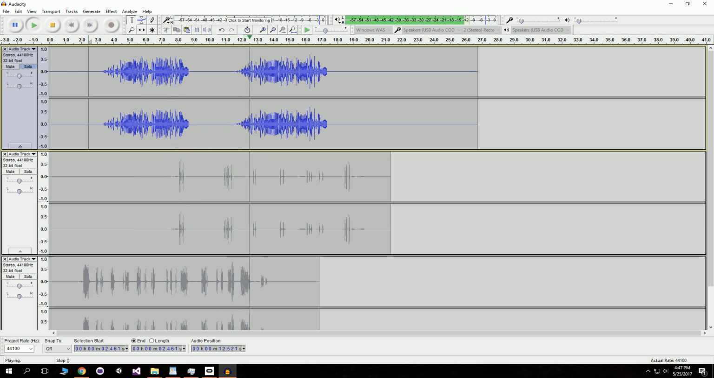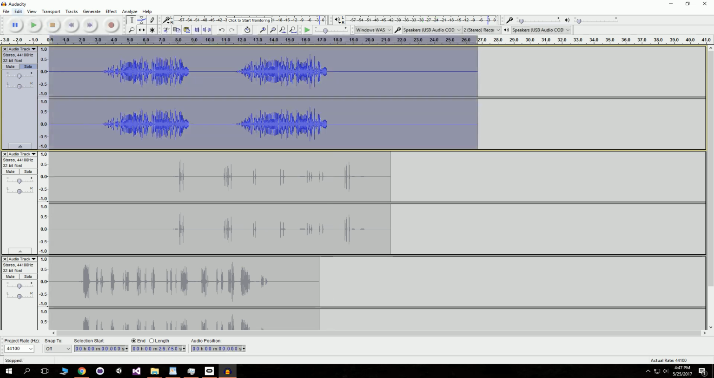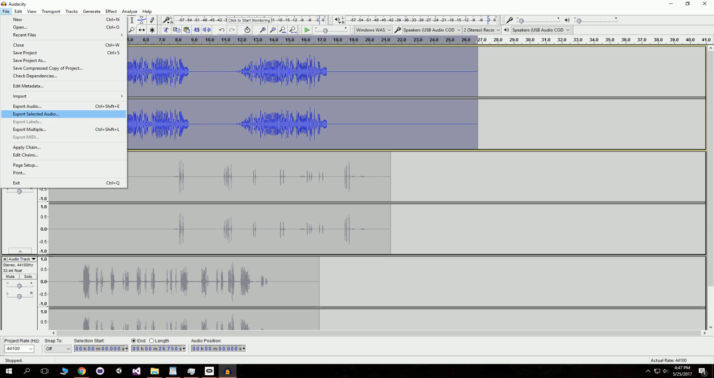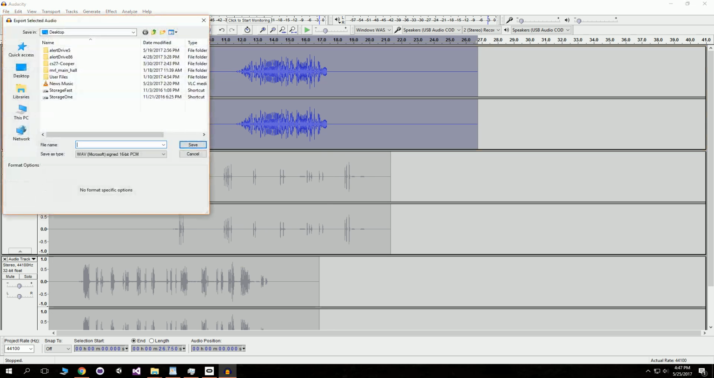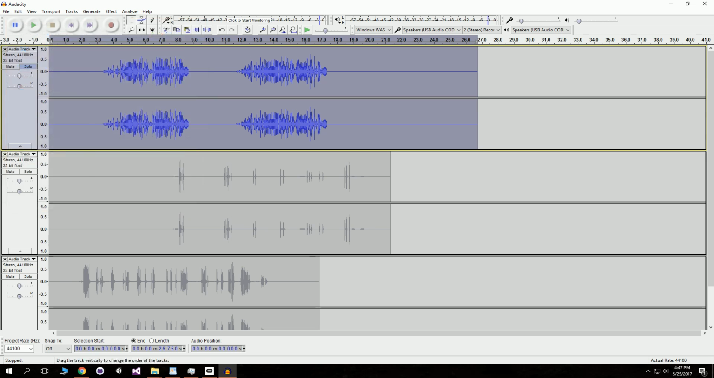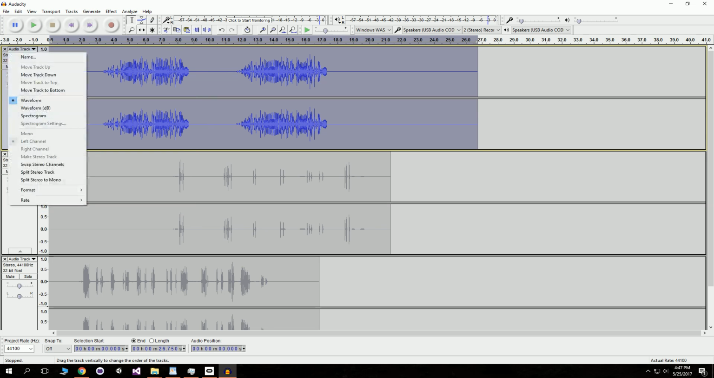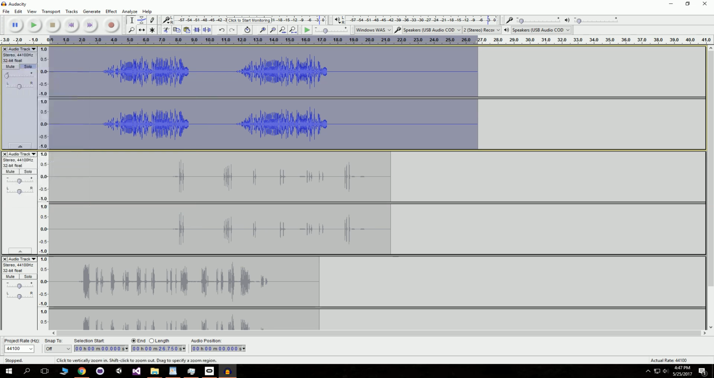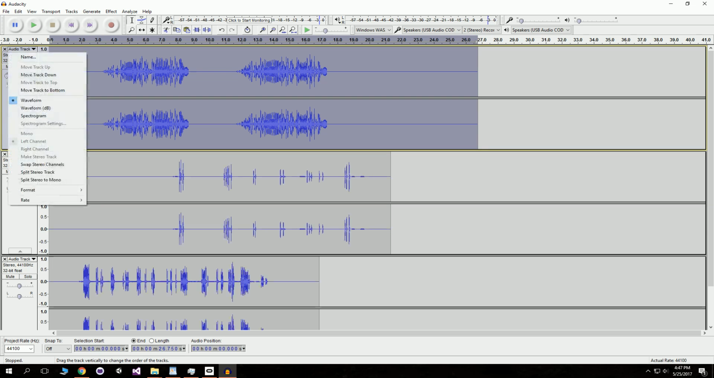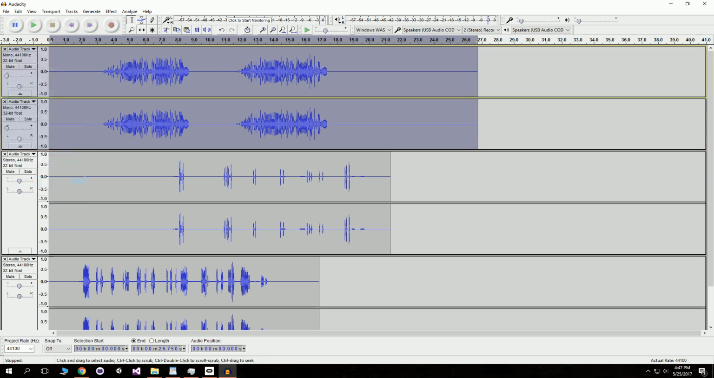It is of high enough quality that I think we can simply use it as is. So we can take this and we can export it. But there's one more thing we have to do. Before we export any of these, we're going to want to make sure that we make them into mono tracks. So if we click on this audio track bar here and select split stereo to mono, it will turn it